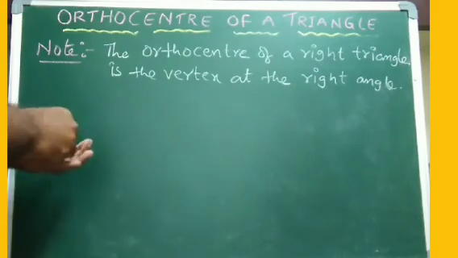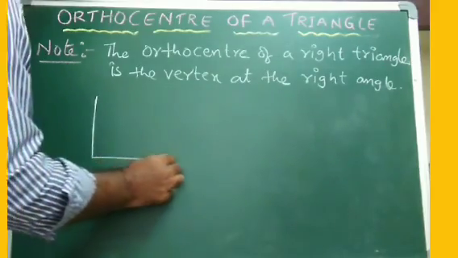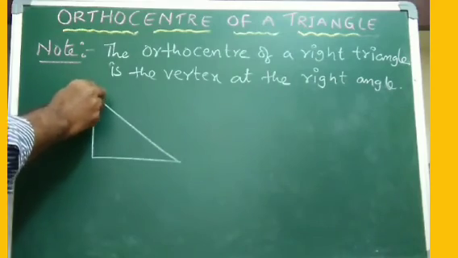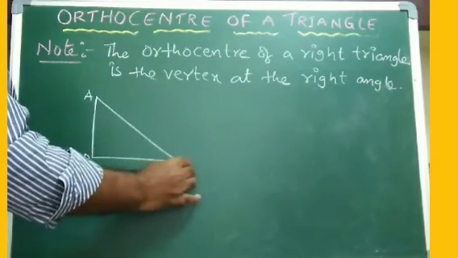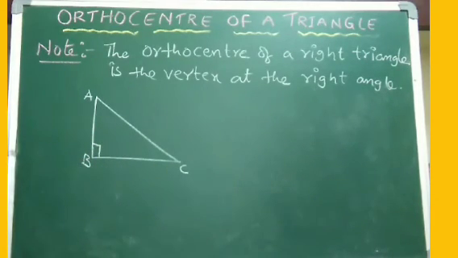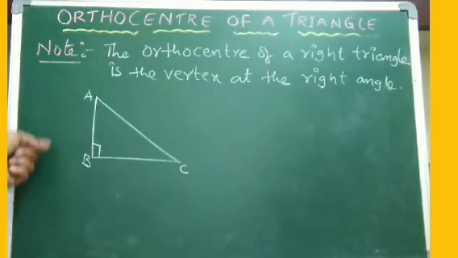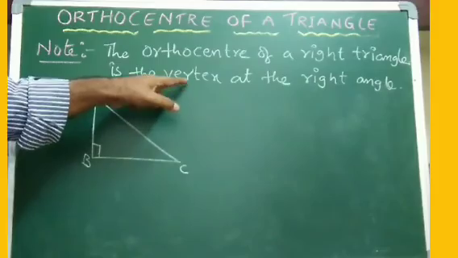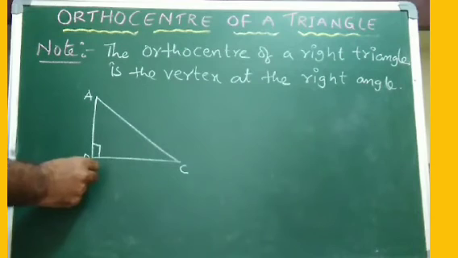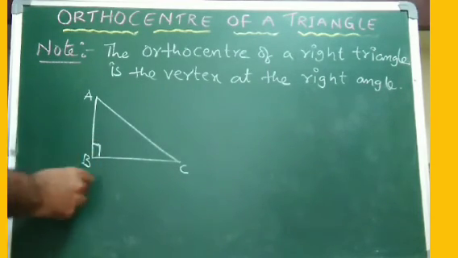Suppose this is a right angled triangle with vertices A, B and C, and the right angle is at B. Since it is a right angle triangle, the orthocenter is the vertex where the right angle is. So the vertex B itself